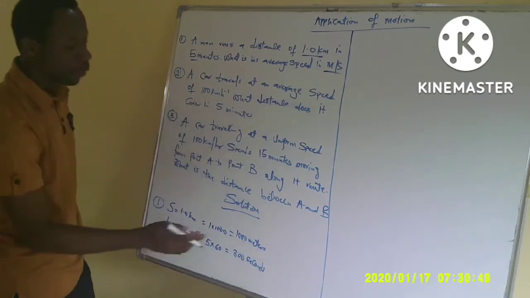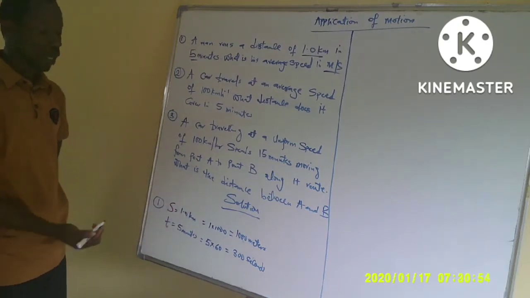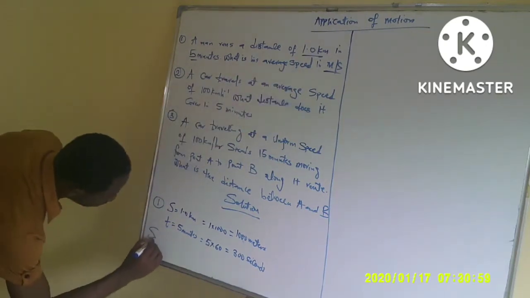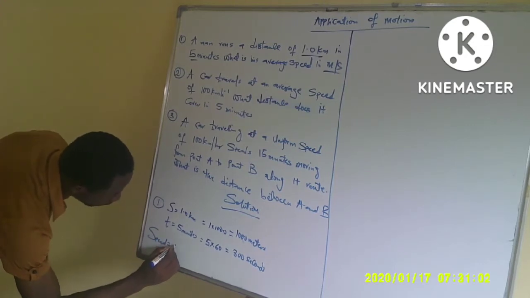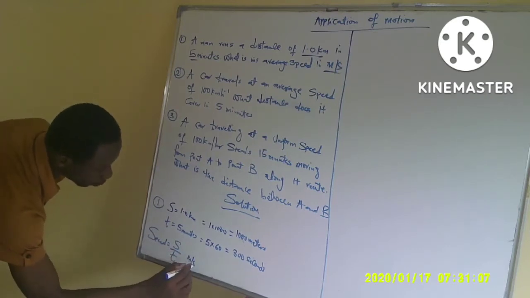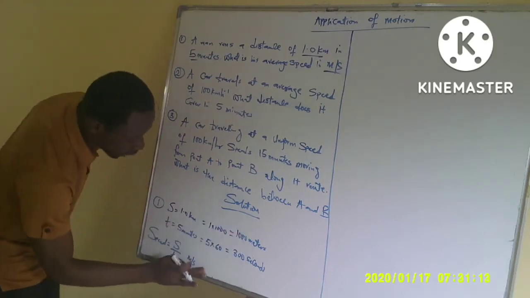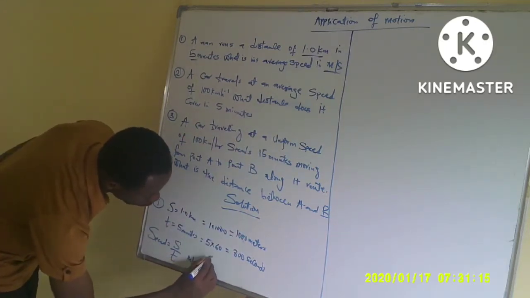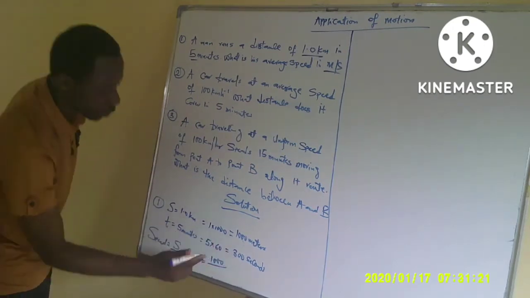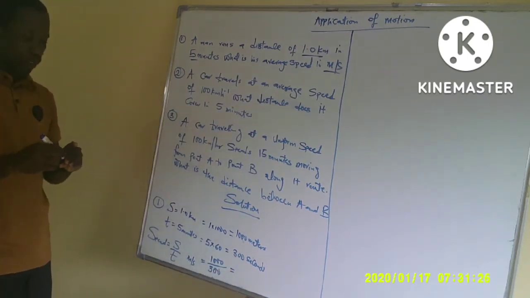Yes. So now we've gotten our distance as meters, and we've gotten our time as seconds. So the question is, what is the average speed? What is the formula for speed? Remember, speed is distance, which is s, over time, in meter per second. So what is our distance here now? Our distance is 1,000. So it's going to be 1,000 over time. What's our time? Our time is 300. So by the time we divide 1,000 by 300, it gives us